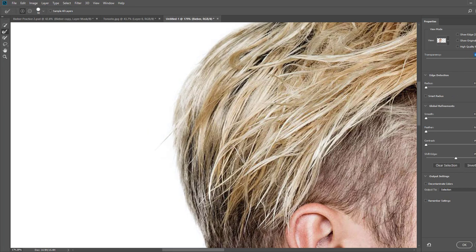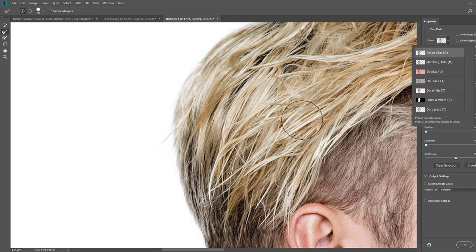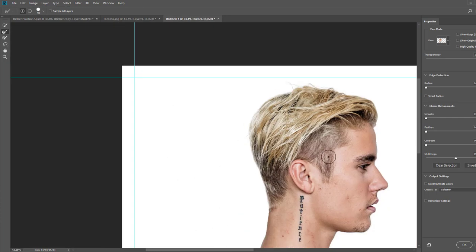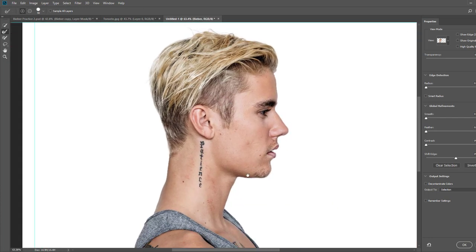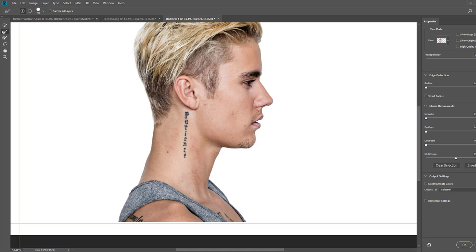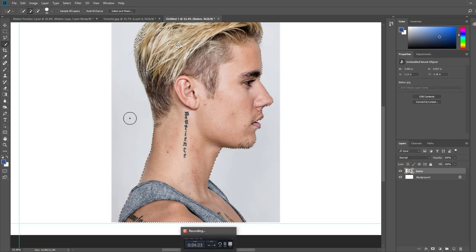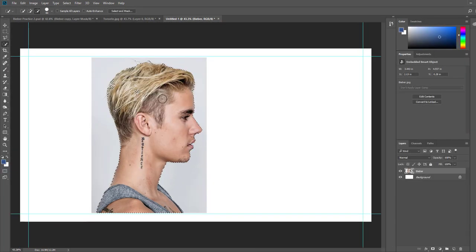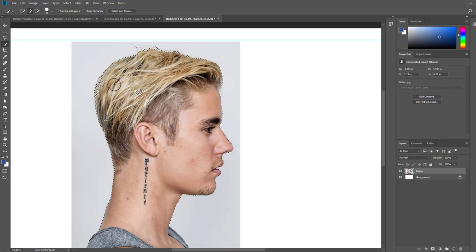If I go up to 100% now, and I zoom out, I should be able to see I've got a pretty good selection here now compared to what I had previously, so I can hit OK. Okay, so there we go. I've got a decent selection of Justin Bieber, although it looks like part of his hair is missing again, so I'm just going to add that back. There we go. And if I click on the Add Layer Mask,